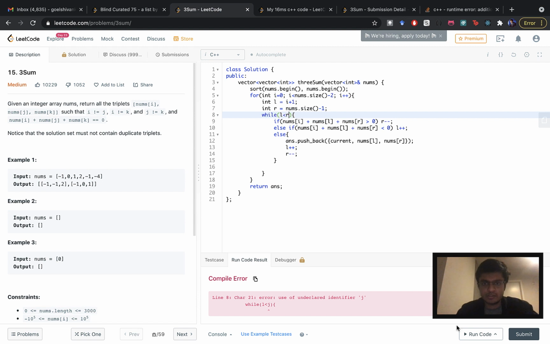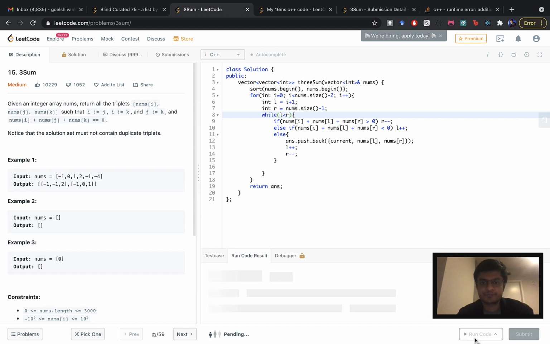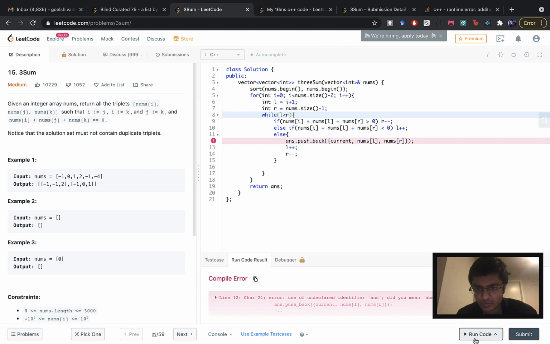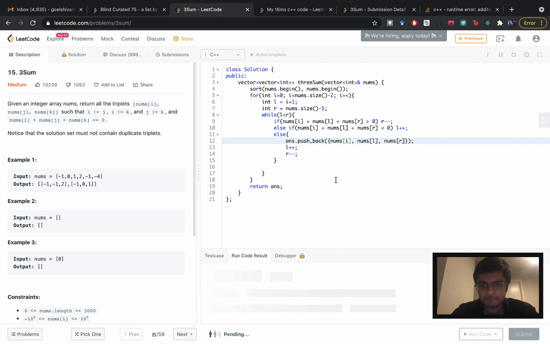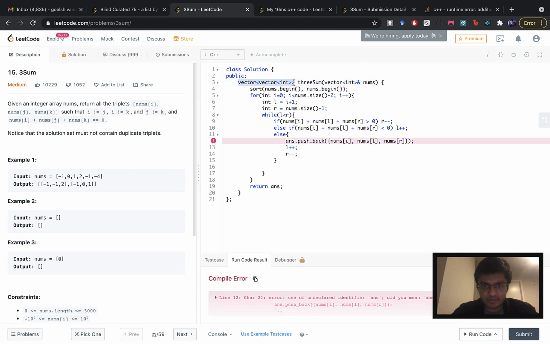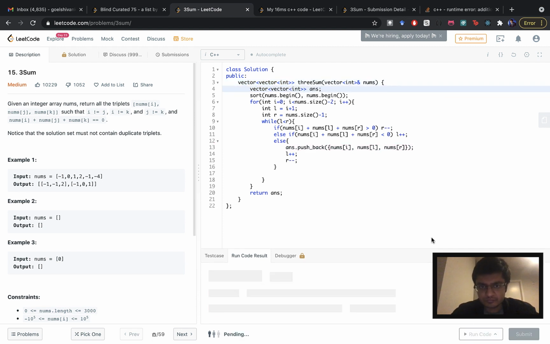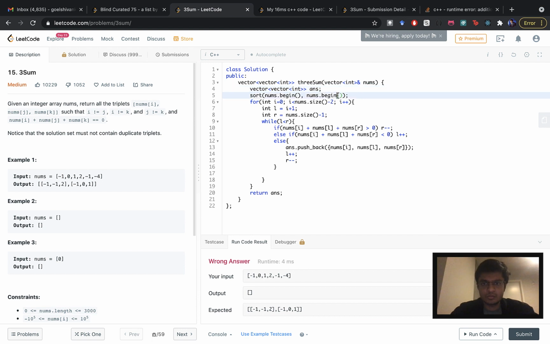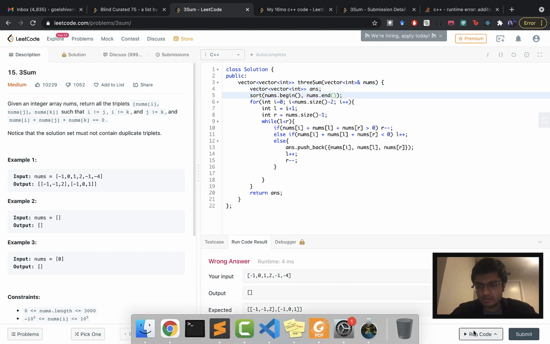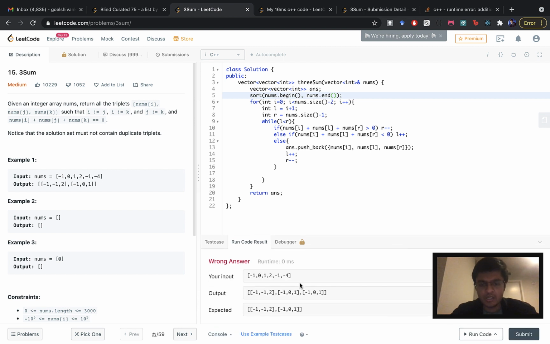L less than r. What's current? Oh, we haven't defined answer. Oh, too many silly mistakes. Yeah, so as I said, the code is correct, but it will contain duplicates because we are not dealing with